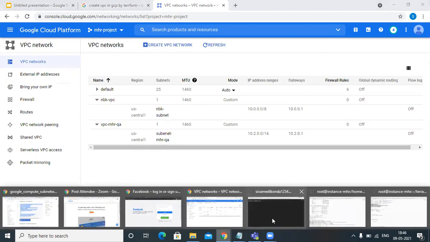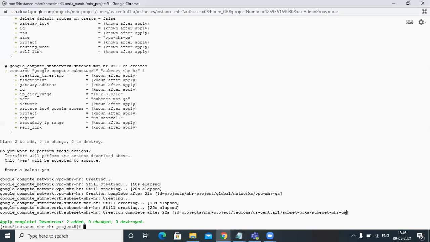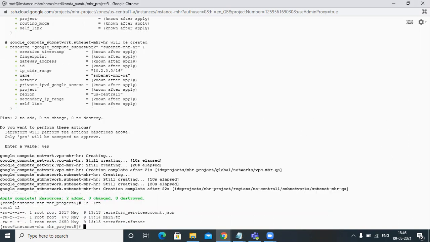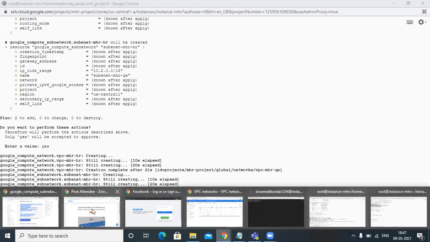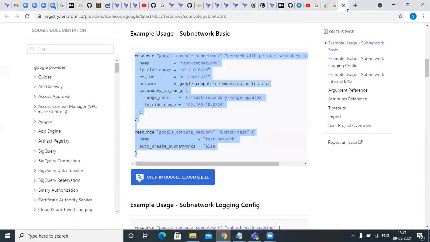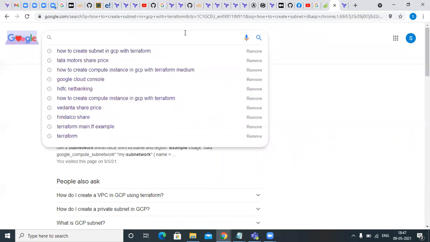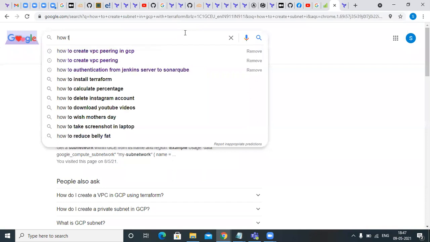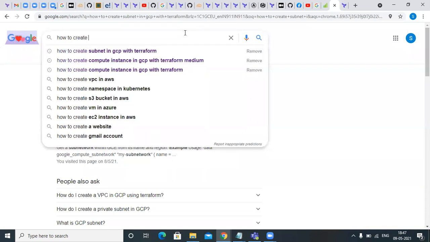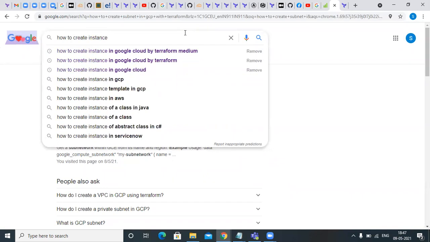Now I want to create the instance. How to create an instance?